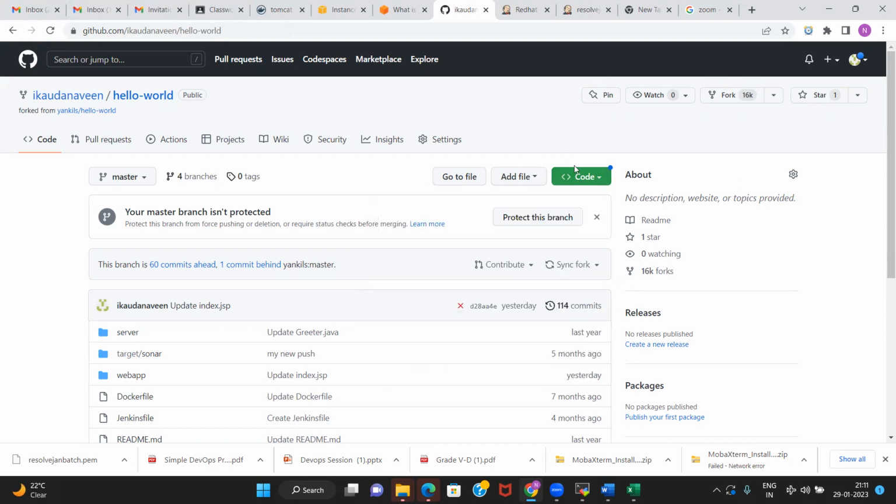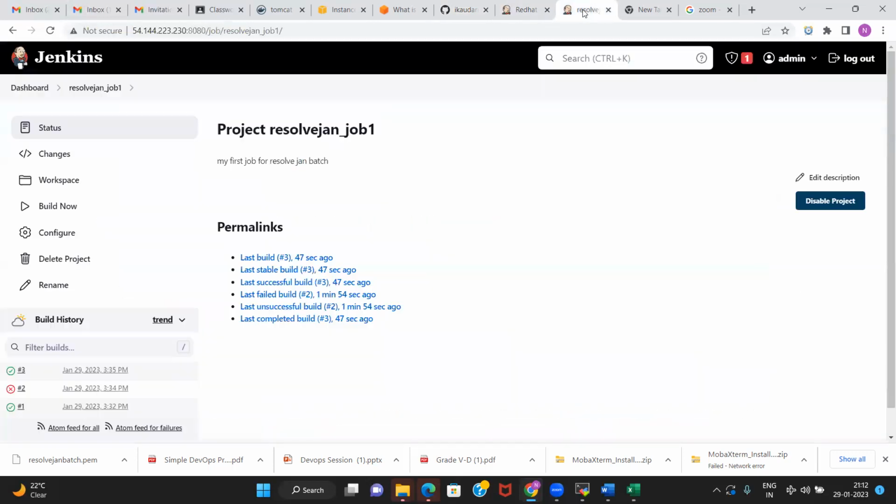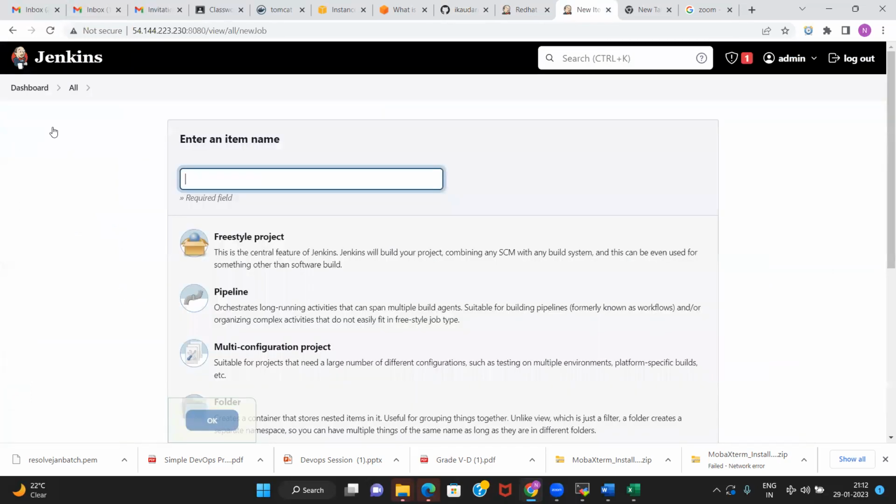When you go to the repository and click on this code, there are multiple options: HTTPS, SSH, GitHub CLI. You need to click on HTTPS and copy this. Okay, your GitHub repository. Clear?